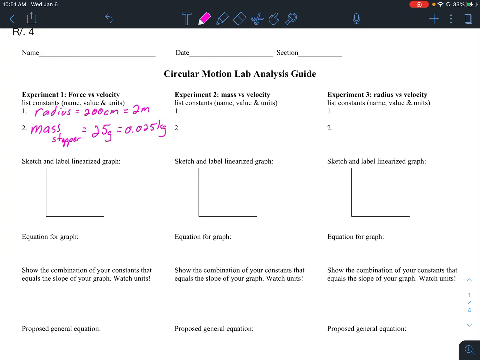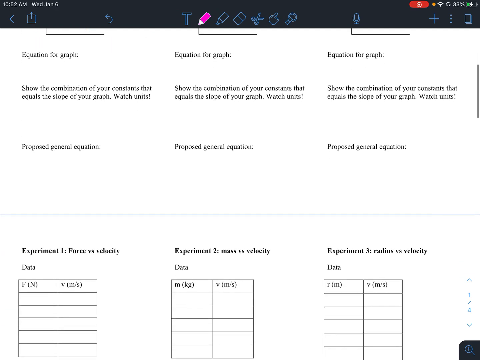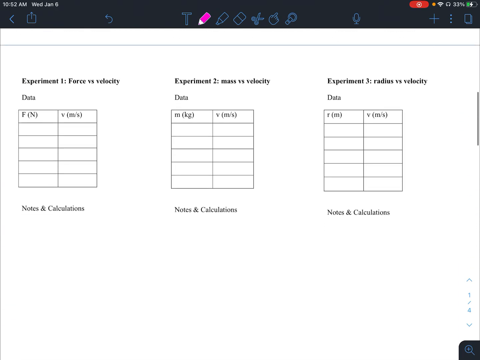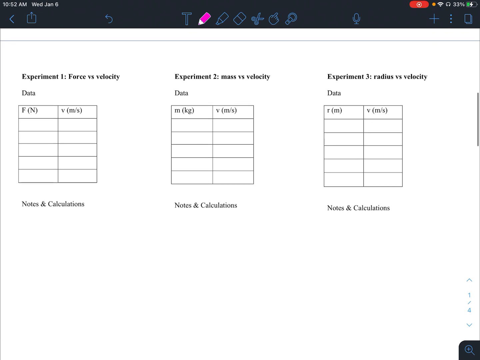Hi everyone. I'm going to walk through experiment one, the analysis of our data. The expectation right now is that you've completed the data tables, like you've collected everything for each experiment, and have used Desmos or some other computer-aided graphing software to make a graph of your data for each experiment. So for experiment one,